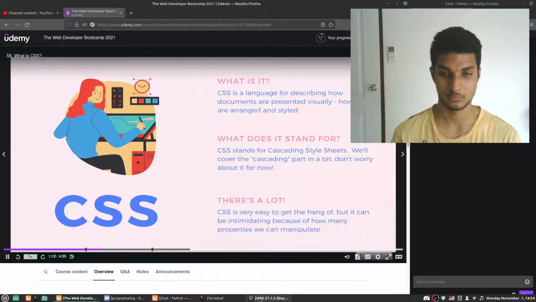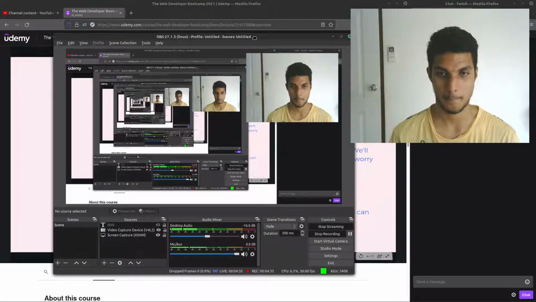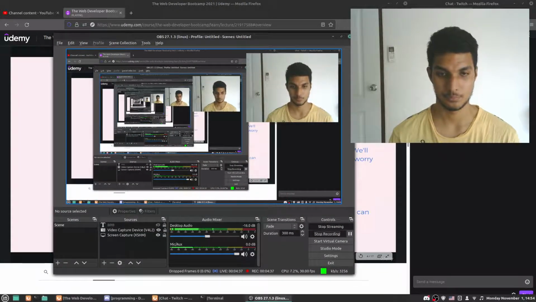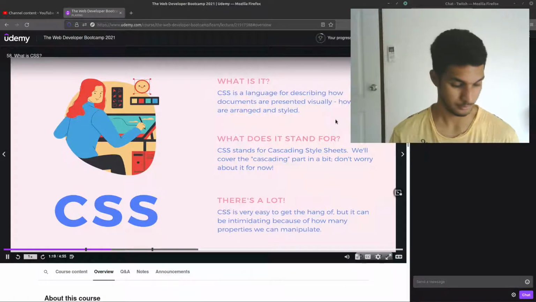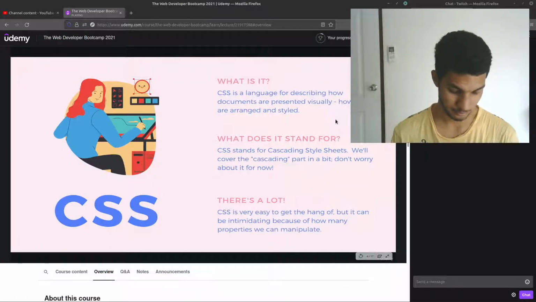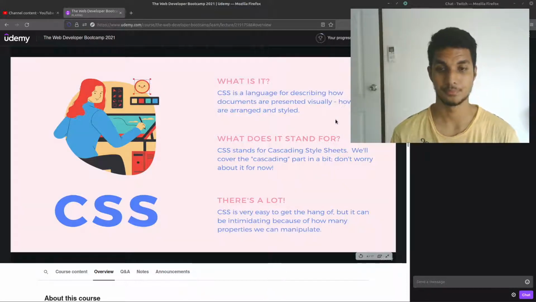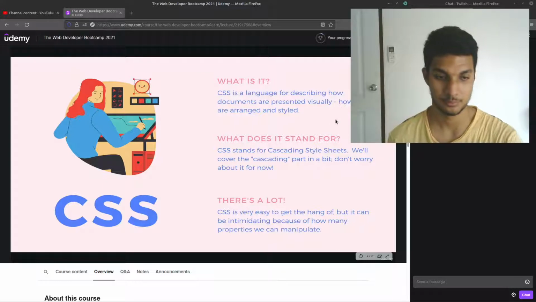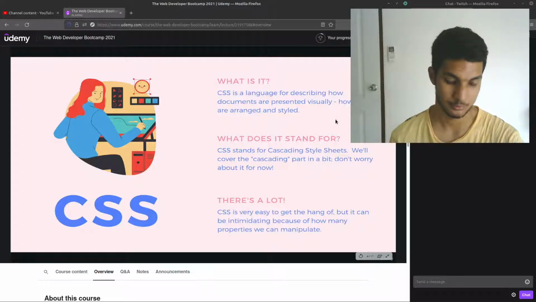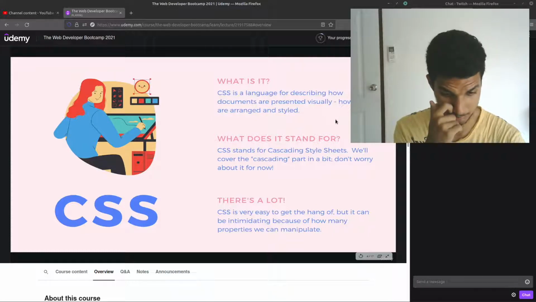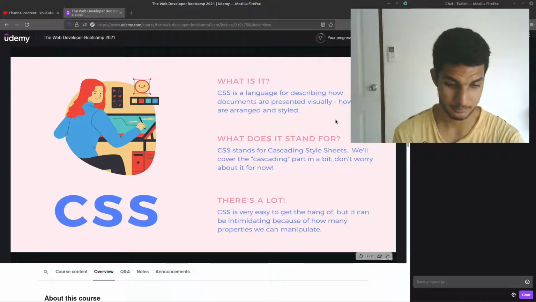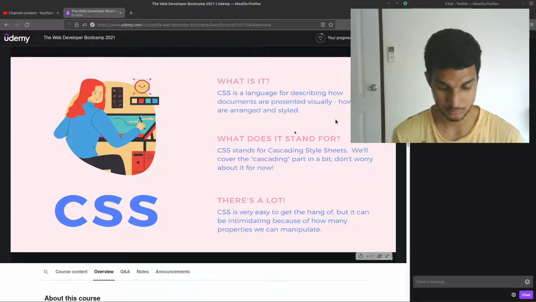So just to recap what CSS is, it is a language. It's not a programming language necessarily, but it's a language that we can use to just describe the appearance or the visual representation of our documents. And in the next video, I'm going to address this bottom point, that there is a lot to CSS and it might seem intimidating, but it's actually pretty easy to get started with, and as long as you don't have the wrong mindset going into it, it should be a relatively painless process. It's a fun thing to learn in my experience. So whenever we write CSS, we're